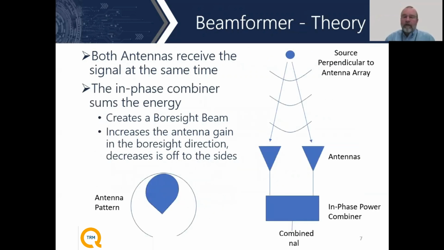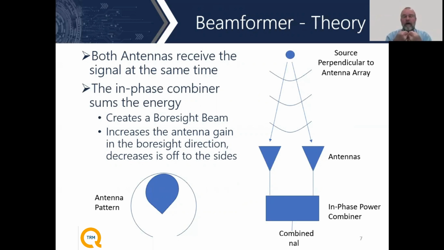Sure. So in the illustrated example here, where we have an RF source that is perpendicular to the antenna array, by nature of the energy going through time, both antennas are going to receive the energy at the same time, which means the received energy coming in from that wavefront is going to hit the antennas at the same time. Therefore, the energy will be in phase with each other. If we add those two energies together with a simple power combiner, the combined signal will take the energy received from antenna 1 and antenna 2 and sum them